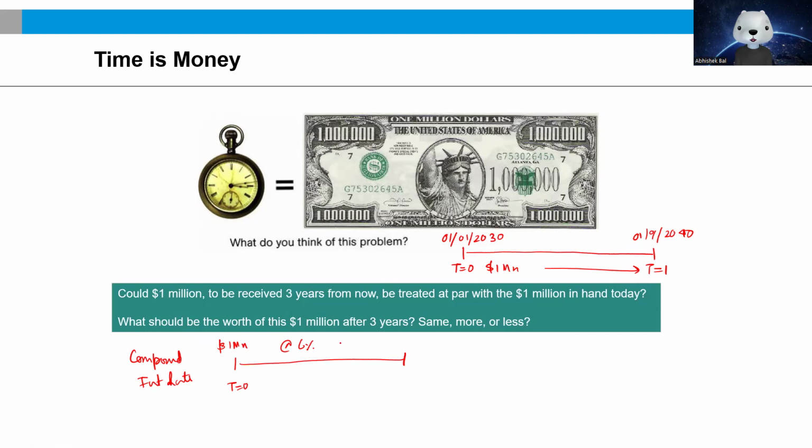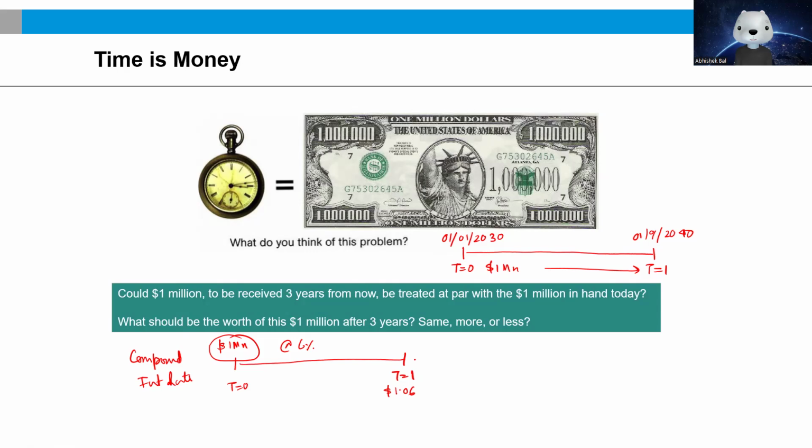Why I'm using the words default-free is because banks, mostly at least in the developed nations, are heavily regulated, and default is really not something that we can actually conceive of. That is to say, in other words, that serves as a good proxy for what a risk-free rate of interest would be. So at the end of the first year, this $1 million is going to become